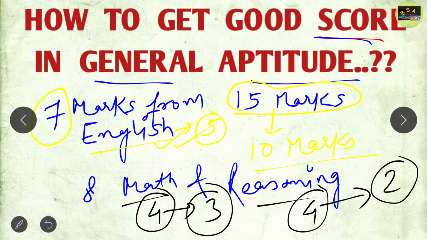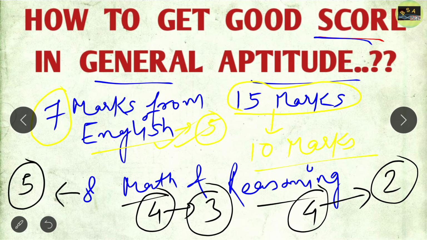So just try to solve the math problems there. If you practice a little bit, then you can solve them. The same is the case with reasoning. The reasoning questions are very logical. Suppose a question comes from sitting arrangement. Write down on the pad the things given in that question, think about what is basically asked, and then try to solve it. Then you will definitely get 5 marks from math and reasoning as well.